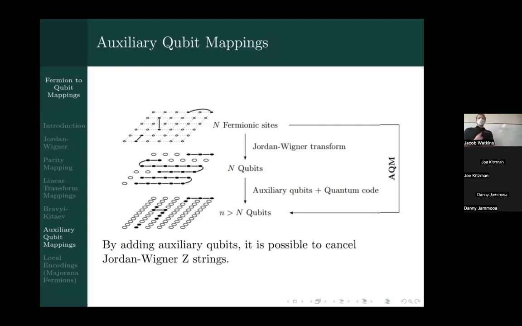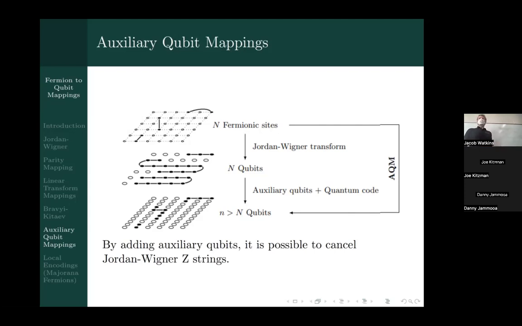Except with auxiliary qubits, you're increasing the number of qubits, and you can do that arbitrarily. Obviously, you wouldn't want to make it too large. So everything you talked about before was the same number, n qubits, n fermions, right? Yes. And so the auxiliary qubit mappings